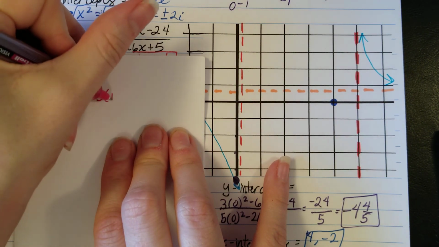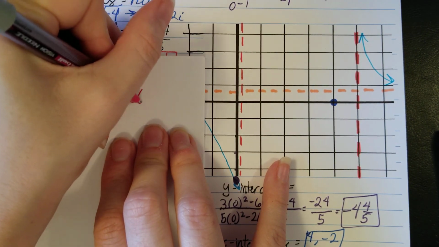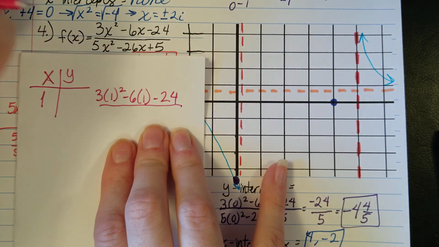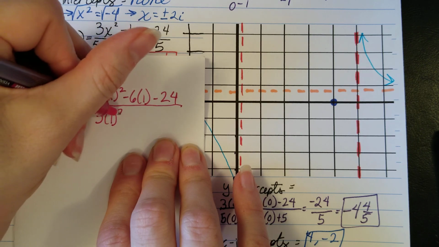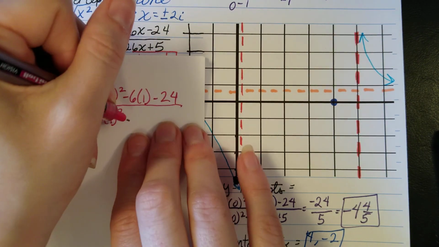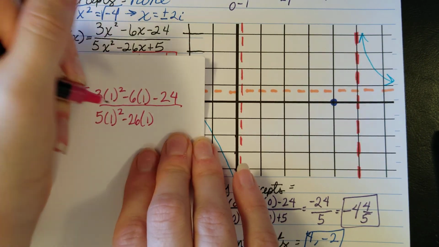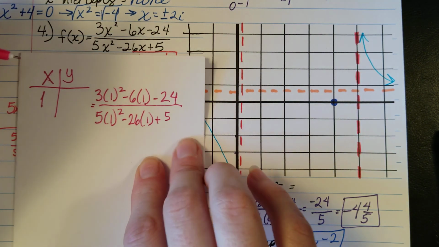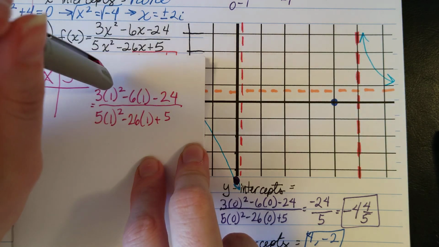So 3 times 1 squared minus 6 times 1 minus 24 over 5 times 1 squared minus 26 times 1 plus 5. Okay, so 3 minus